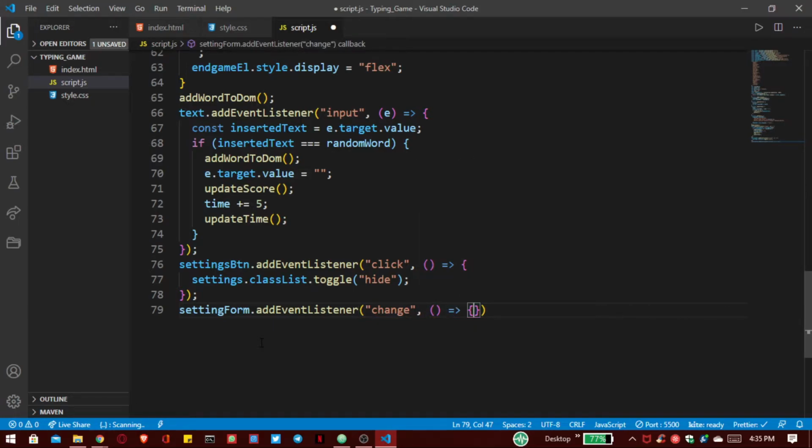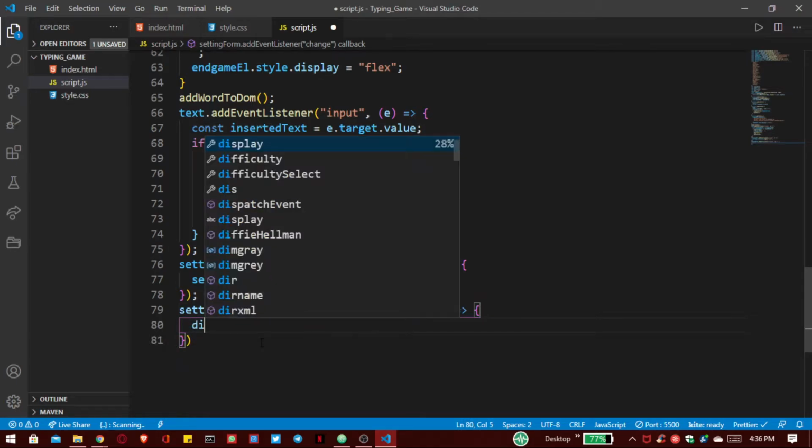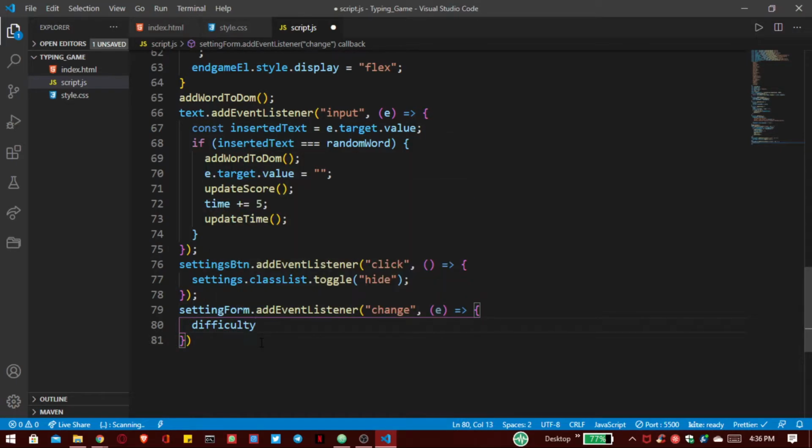After that we have to pass our event and first let's assign our difficulty with this event dot target dot value, so according to our user.